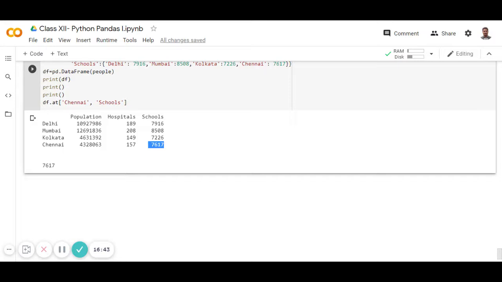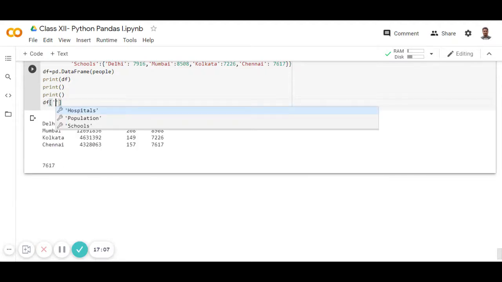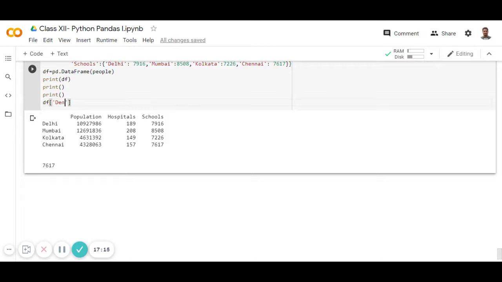We can also add new columns with new values in this table. So how do we add a new column with new values? Use df, and in brackets give the new column name, whatever you want, density, equal to 1219.